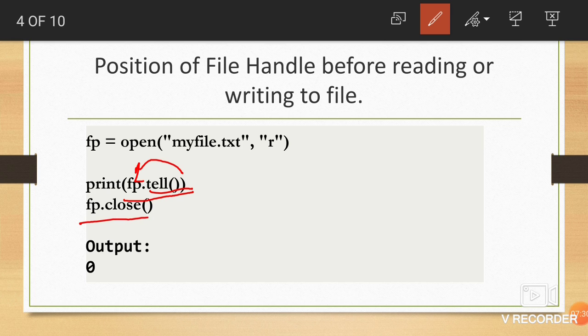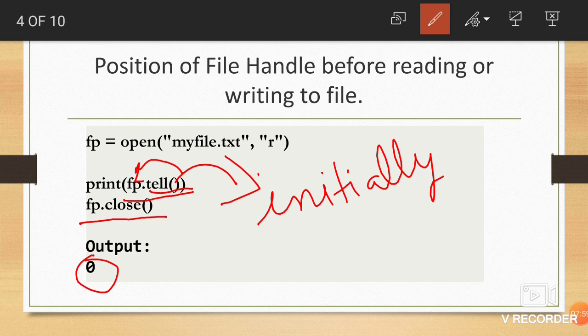After that, fp dot close. By using this we break the link between the file object and the file which is stored on the disk. So what output will it display? It will display 0, because the tell method initially returns 0.